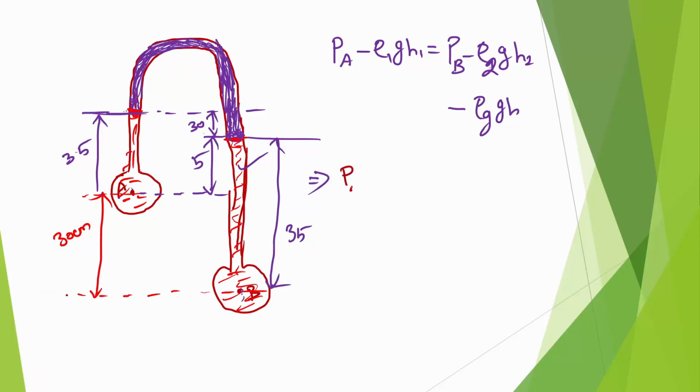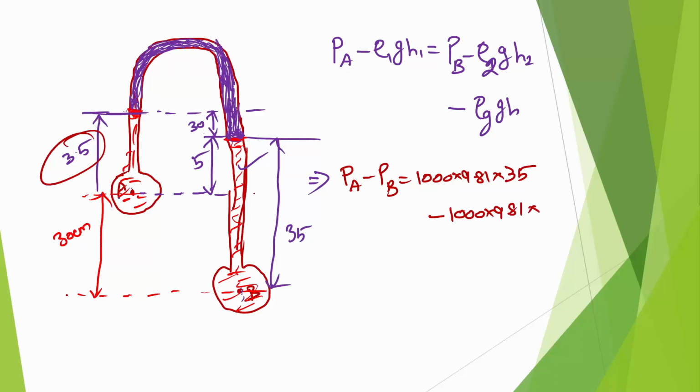So PA minus PB, the difference in pressure, is equal to 1000 into 9.81 into h1, that is 35, minus rho 2, again 1000 into 9.81 into h2, again that is 35,